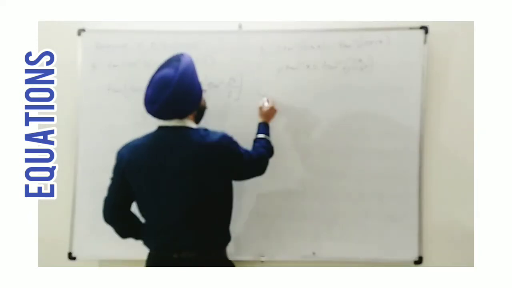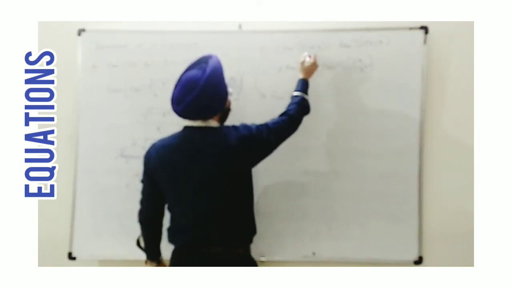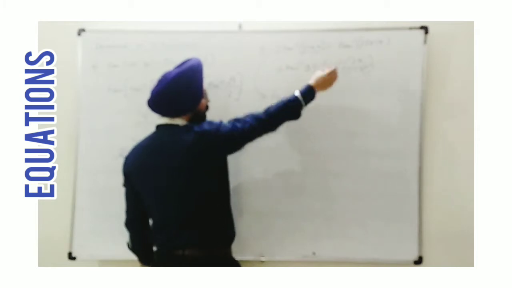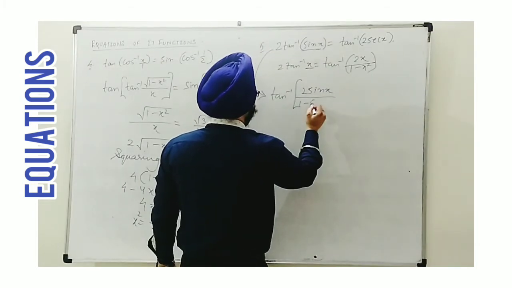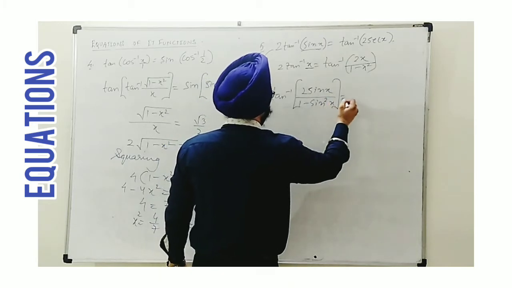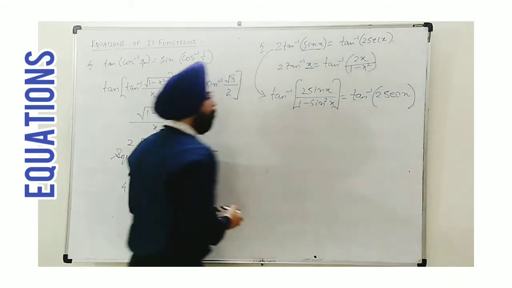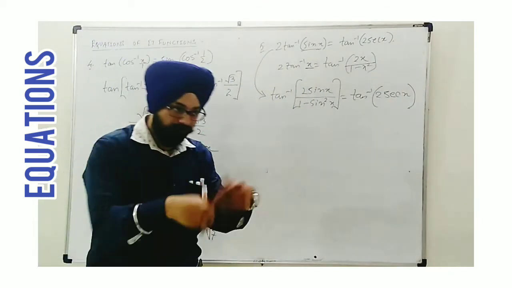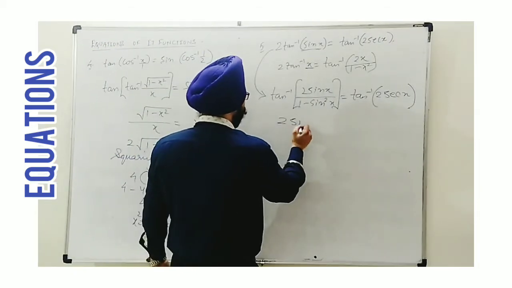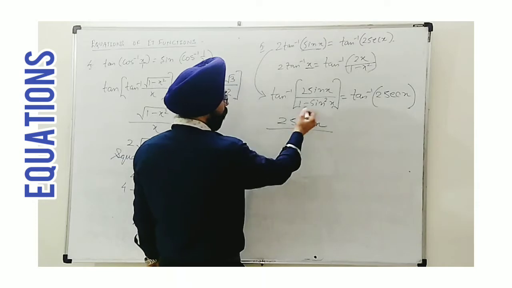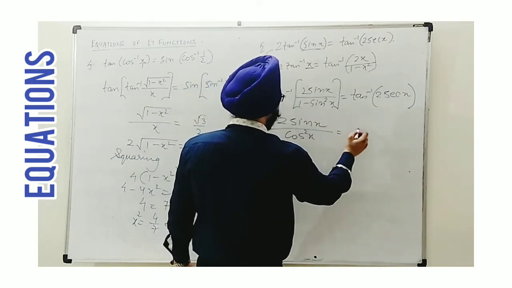Okay, so this will be written as tan inverse, in place of x this can be having sin x. So applying the identity, we have tan inverse twice of sin x upon 1 minus sin square x. Right hand side, tan inverse 2 sec x. You see, direct comparison. Directly the inverse function will be eliminated. So we have twice of sin x and 1 minus sin square x, as we know it is cos square x, by basic identity.